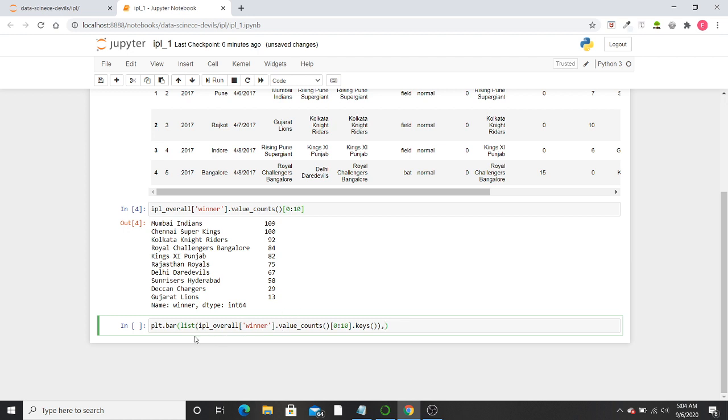Next on the y-axis I need the values. So again list, and here we need the values, so no need to write .keys after the counts. Then save it.